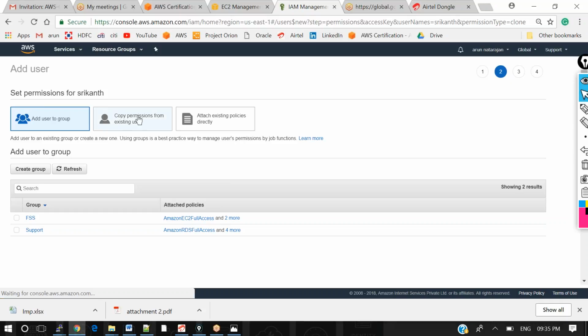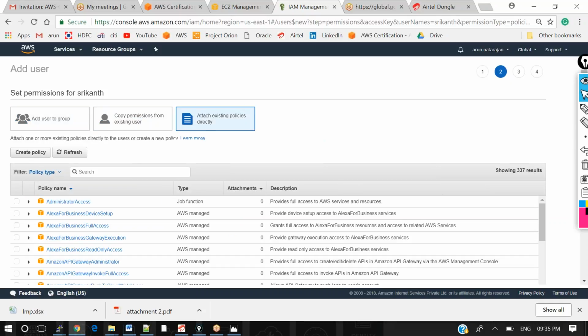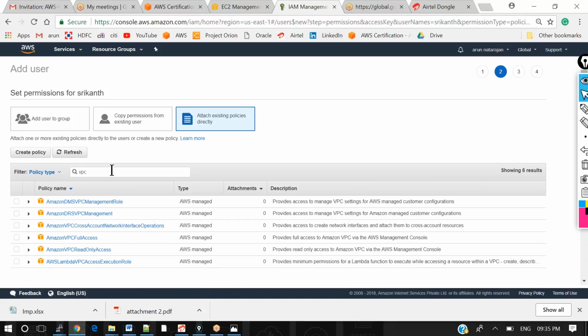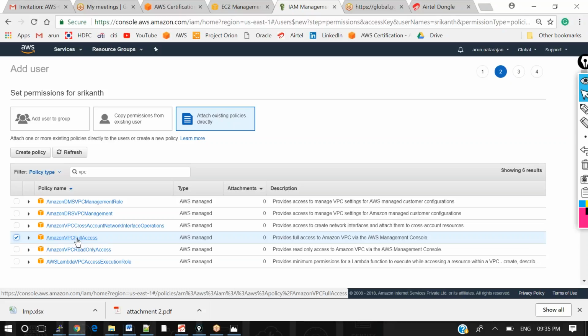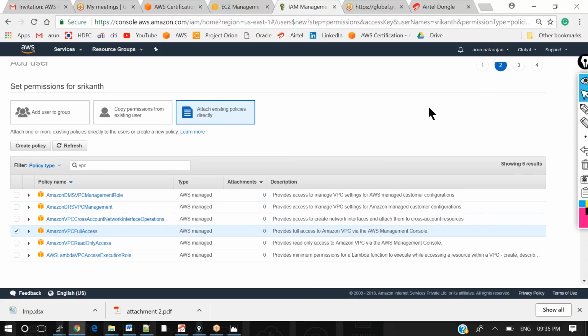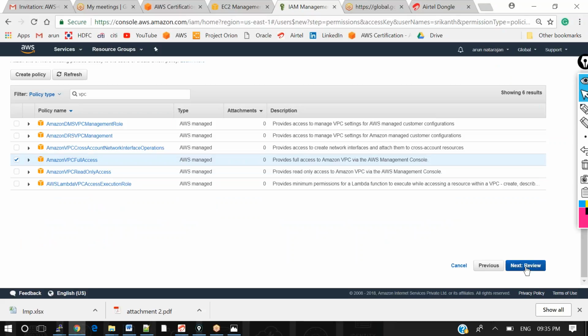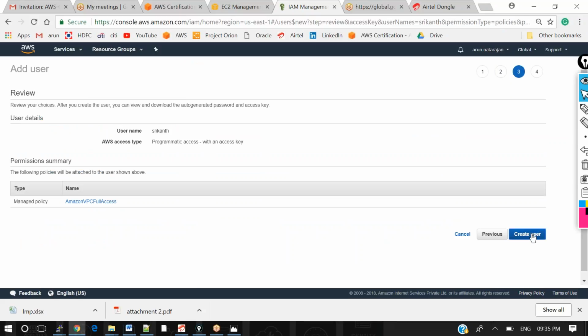For that case I am attaching some permissions to him, called VPC. Let's say I am giving the VPC full access to the user Shrikant. Next, create the user.